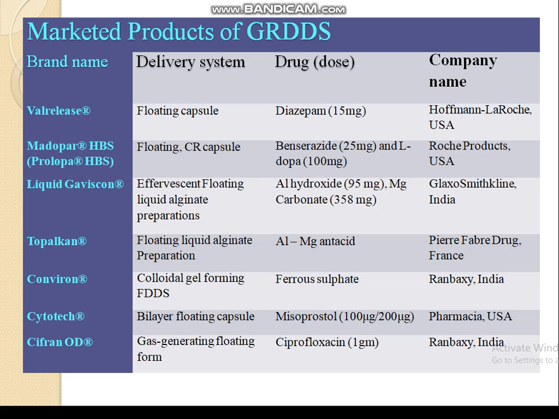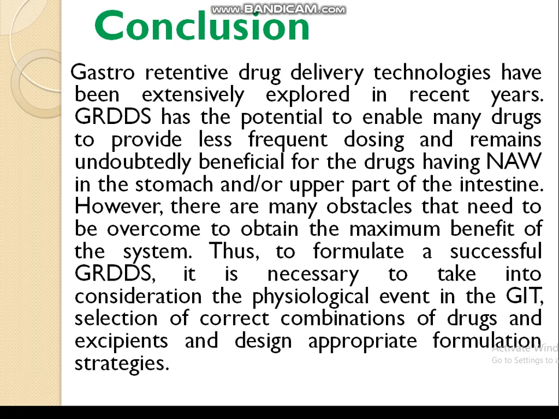In the delivery system column, all are floating approaches. As I told you earlier also, high density systems are not yet available in the market, but low density systems, that is floating drug delivery systems, are already present in the market. So, conclusion: gastroretentive drug delivery system technologies have been extensively explored in recent